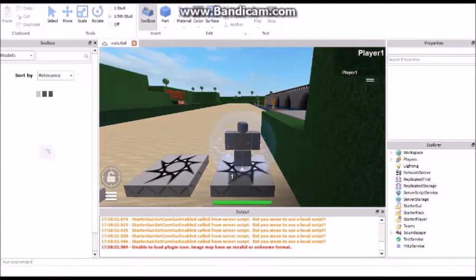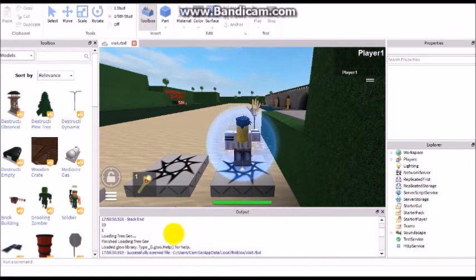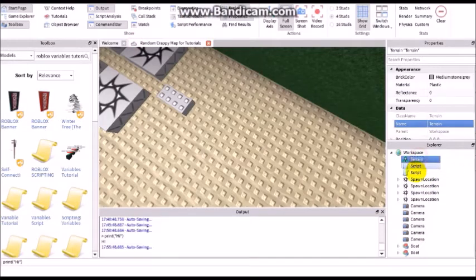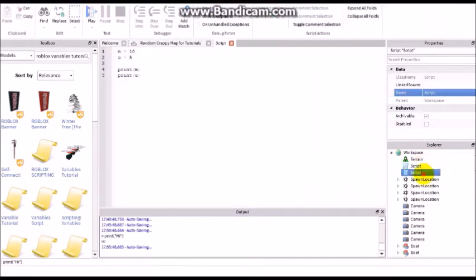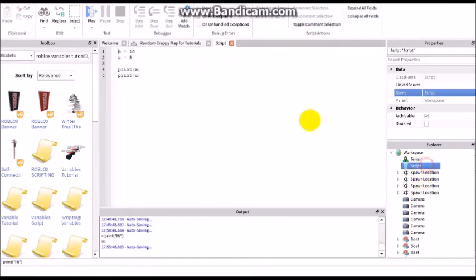And I would press play solo or run script, but weird thing, whenever I do it, Studio crashes. It's weird. So as you can see, it printed 10, which was M, and then it printed 5, which was U, the variables. Which script was it? Oops. Yeah, that was just another random script I did. I'm just gonna delete that. Okay, so,